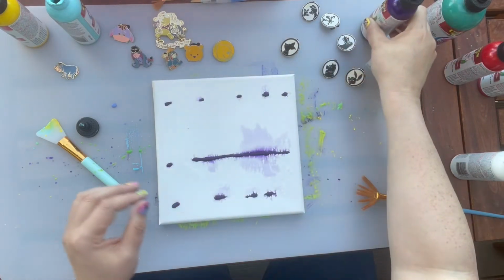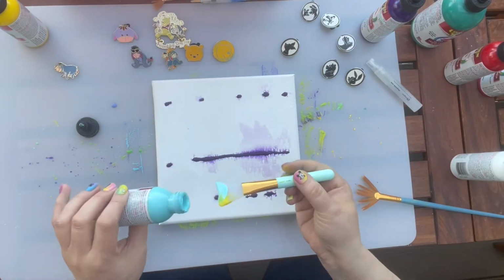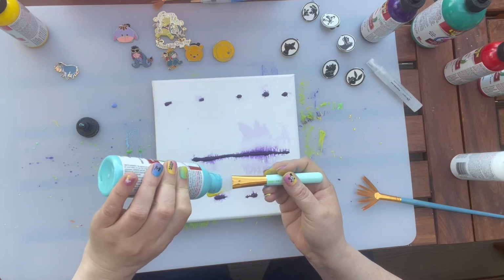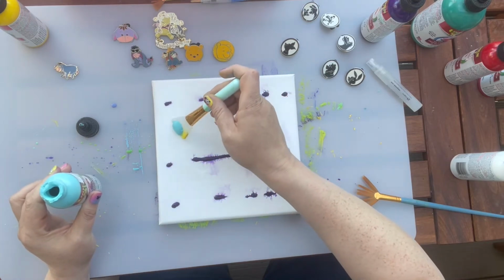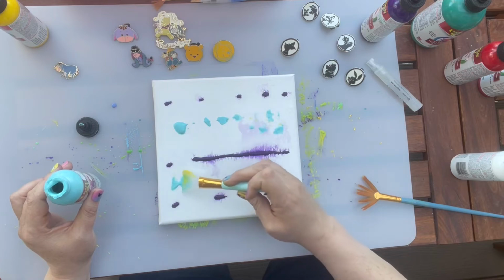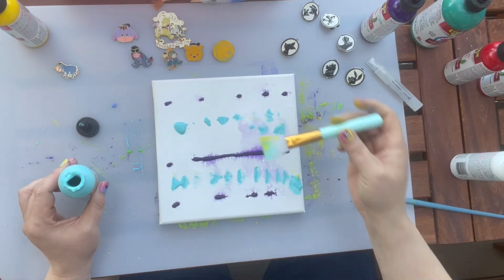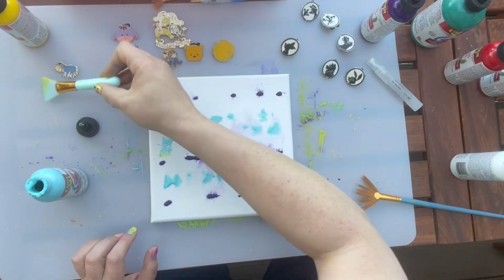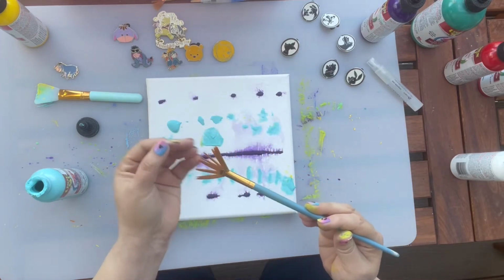There we go. And now let's... Nah. Might get a little yellow in there. I don't know. I don't really care. So we're gonna pour some of that out on there and just dab it. Here we go. Okay, I'm gonna take my brush and just...